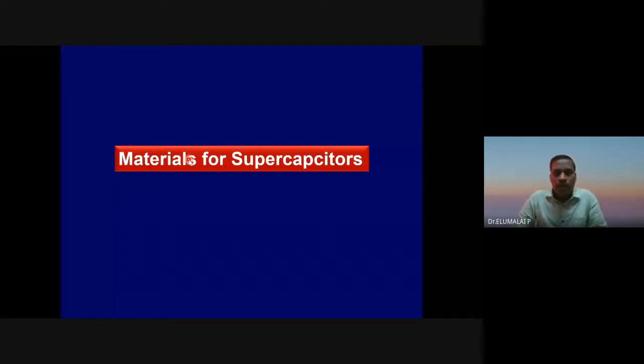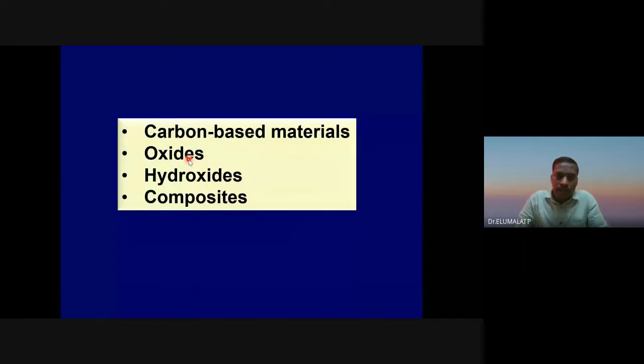Now let us concentrate on some specific materials. Generally, we know that carbon materials, oxides, hydroxides, and composites can be used as electrode materials for supercapacitors. Carbon materials show only double layer capacitance; there are no redox reactions.